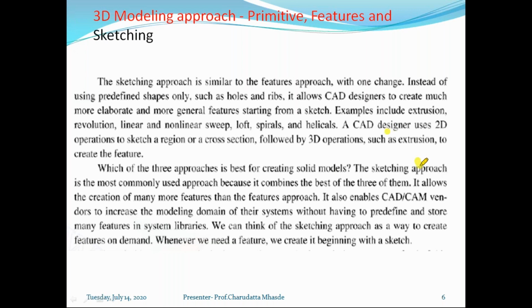So the right answer for this is that all four approaches are correct. Select the correct modeling approach for creation of a solid model by the designer. Once a designer is there, he can use primitive, based on the standard component. The parametric approach is where a solid is created by using a parameter.